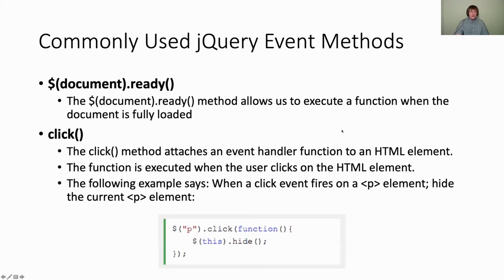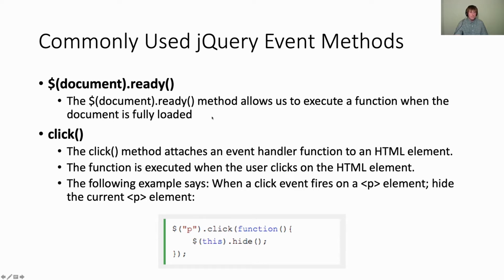So let's take a look at the onLoad event. We've talked about it before, but let's make sure it's crystal clear. You'll see right here on the first bullet, I have the $ sign that's going to access the jQuery function. And that function takes a parameter, which is going to be your selector. In this case, I'm selecting the DOM, and I'm waiting until it's ready. So the document ready method allows us to execute a function when the document has fully loaded, or the DOM